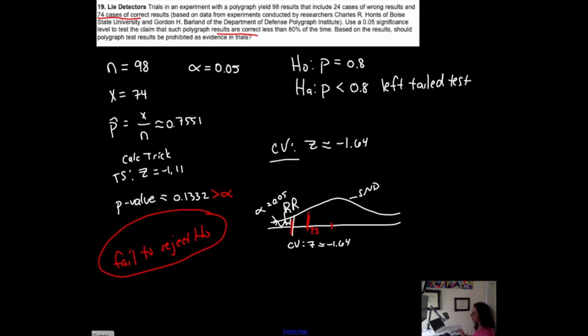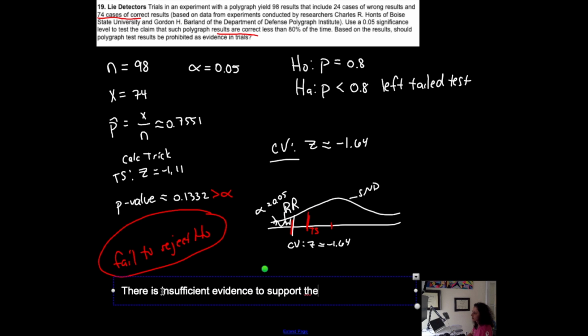Now, the interpretation of that is what I'm going to type this time just so it's cleaner. The interpretation of what you're stating there, whether I'm failing to reject the null or I'm rejecting the null, what does that mean for your situation? In this case, if I am failing to reject the null, what is failing to reject? Not rejecting. I am not able to reject this, right? So therefore, I cannot support this. So we say I'm not supporting the alternative. So that means there is insufficient evidence to support the claim that,